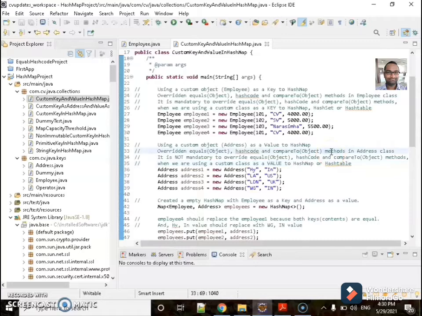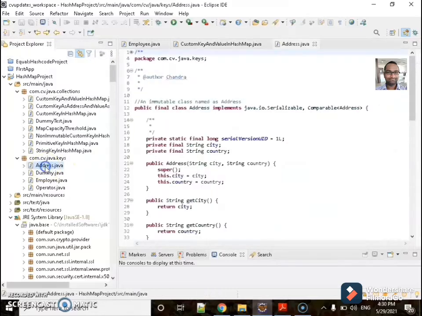So whenever we are using a custom object as a value to the hash map, it is not mandatory to override these three methods.